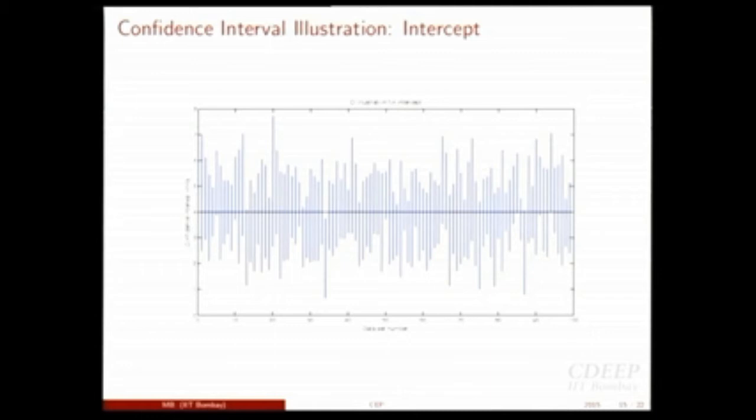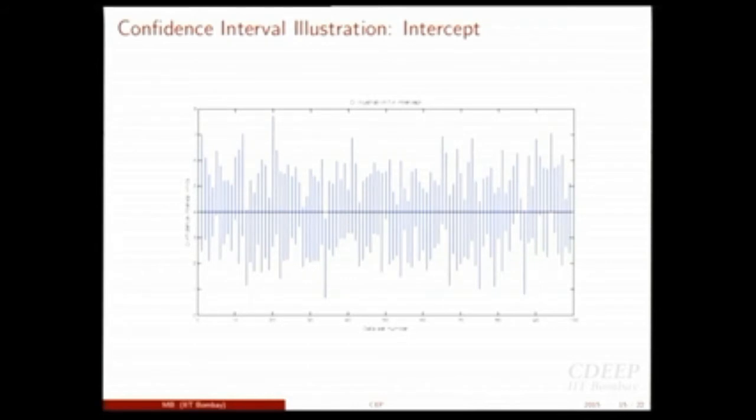The truth, you know, is 4. The truth is not changing. So you keep generating confidence intervals. This is the data set number or the experiment number. The confidence intervals keep moving up and down. What you know is that because these are all 95% confidence intervals, approximately 95 out of these 100 lines will intersect with this horizontal line. Essentially these intervals will contain the value 4, roughly 95 of them. So approximately 5 of these intervals will not contain the value 4.